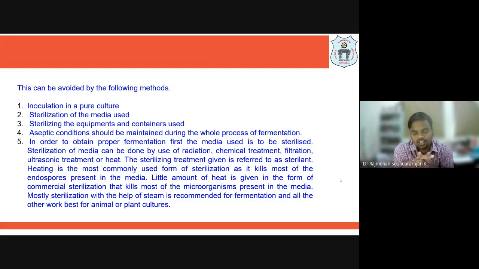See, remember, who designs the reactor and all that? As a chemical engineer, we will be designing a chemical reactor, all the storage vessels, distillation columns, everything. But who will be making it? It will be done by a mechanical engineer who is well versed with chemical engineering equipment, whether it is a unit operation or unit process. Usually a mechanical engineer will be taking care of the actual construction design of the chemical equipment.